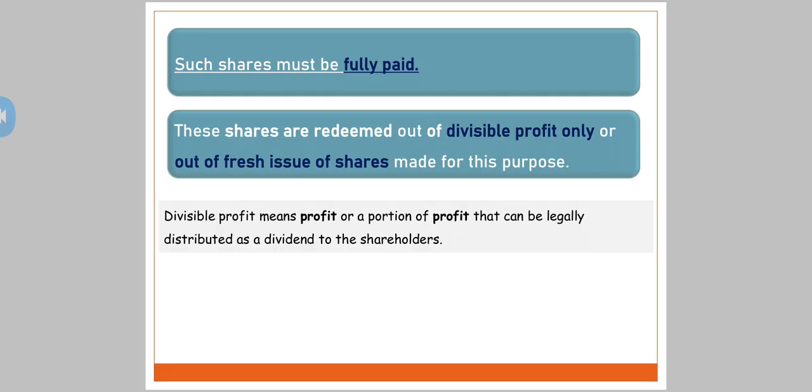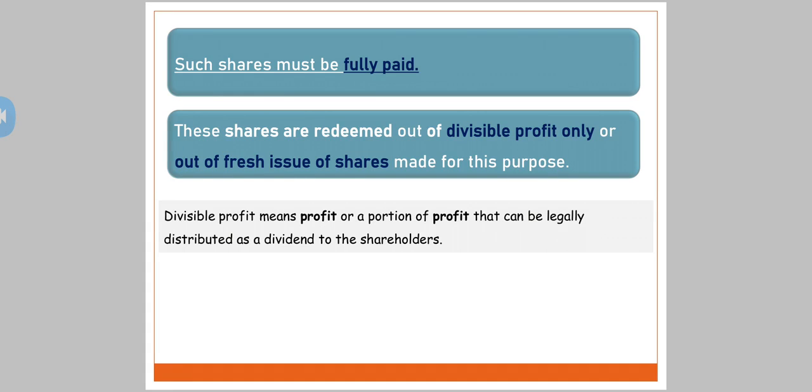That is the company's profit only. The company is not supposed to pay from its assets and get the shares redeemed. No, the company cannot do that. The company can redeem these shares only out of divisible profit, or the other option is to have some fresh issue of shares. Fresh issue of shares means the company can again issue a few more equity shares